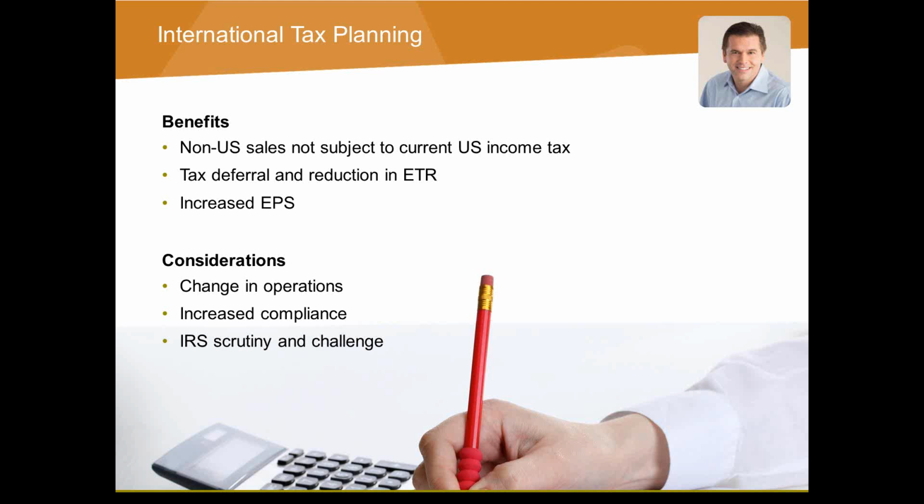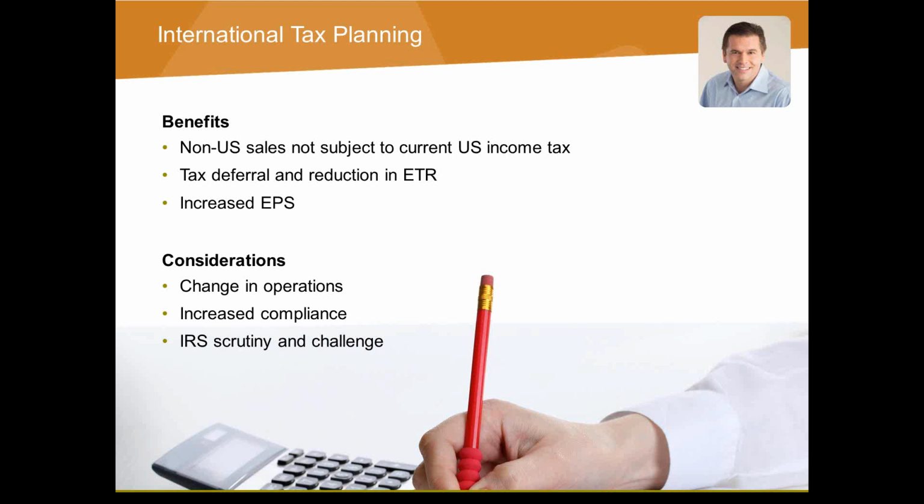But essentially, we want to target a rate of somewhere around 3 or 4% for those international sales associated with that intangible property, as opposed to 40% in the U.S. And as you can tell from that rate differential, there's no doubt that there's a potential reduction in your global effective tax rate, or ETR, that's available. What's the result? Increased earnings per share, always on the top of mind of every CFO and CEO.